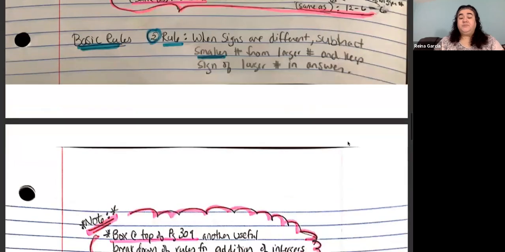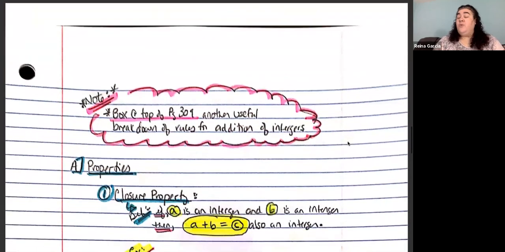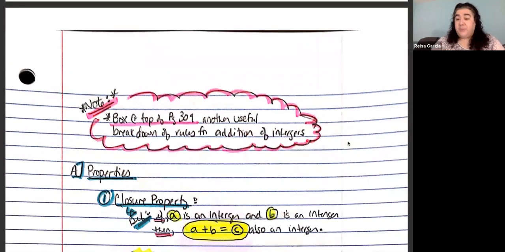Now, if you want to have a more detailed breakdown, these two basic rules I gave you encapsulate all the very small specific rules, but if you want to see them all, you can see them at the top of page 309 in an orange box. They break down each of the individual rules,